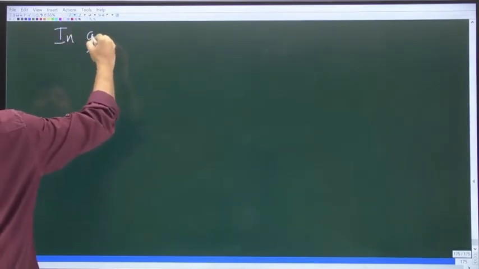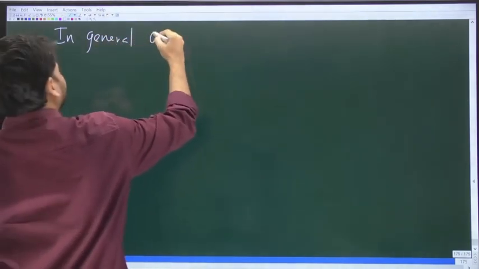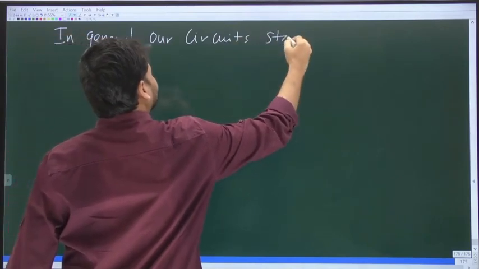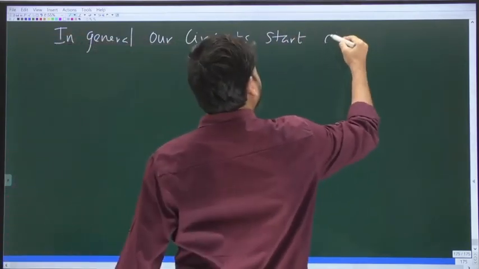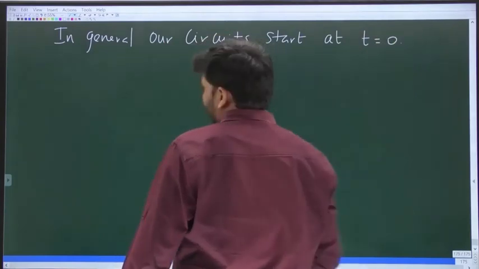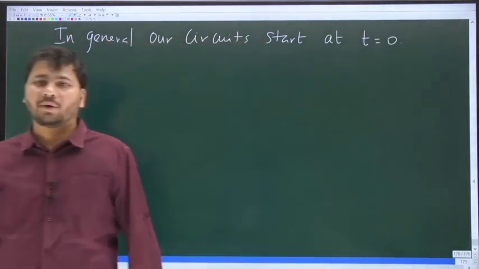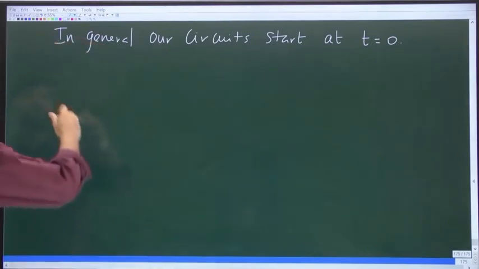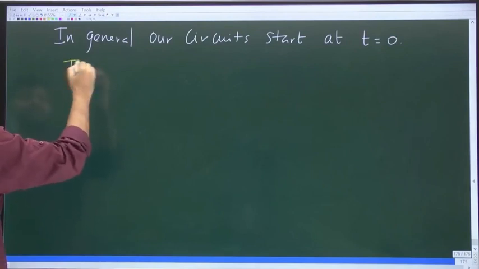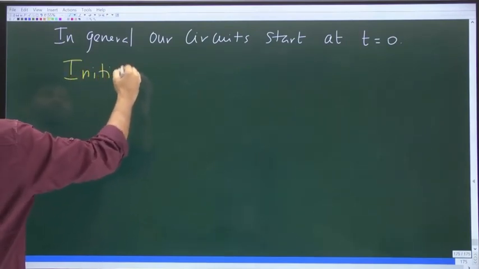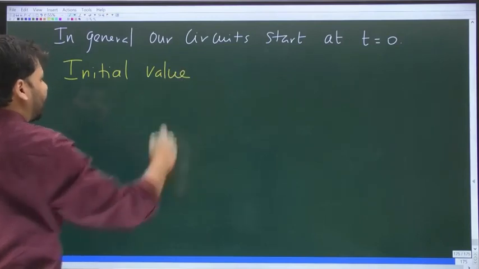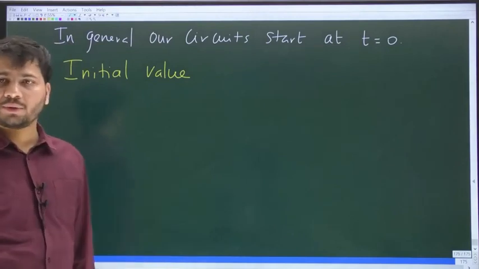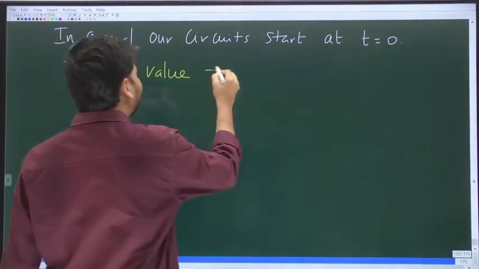So the point is, in general our circuits start at t equal to 0. At what point in time do our circuits start? At t equal to 0. Now there are two values. One is the initial value. Assuming the circuit starts at t equal to 0, the initial value is